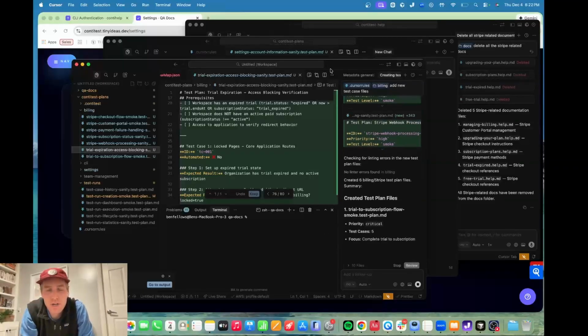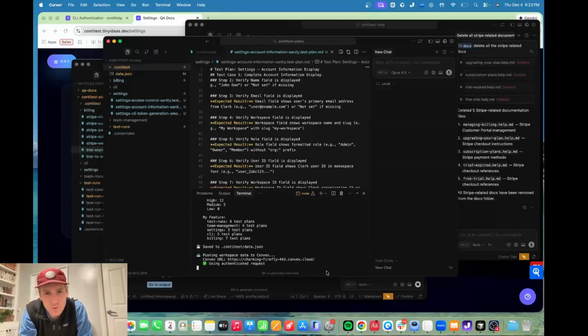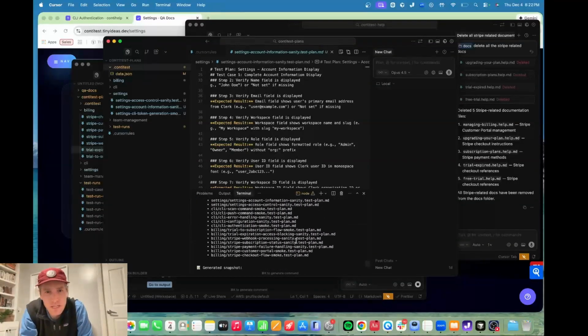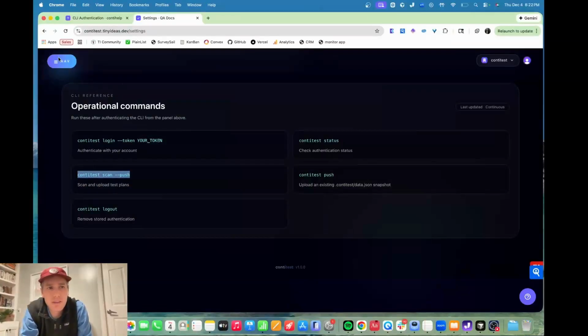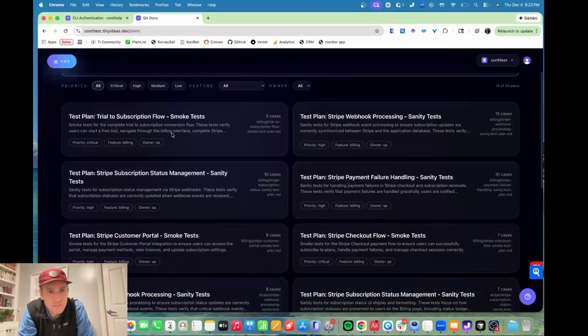Okay, so it's done, right? It's created them. So we're going to want to push them up to the web so we can review them. Scan push. It's now pushed. And just like that, if we go to our test plans and we search for Stripe, all of those are